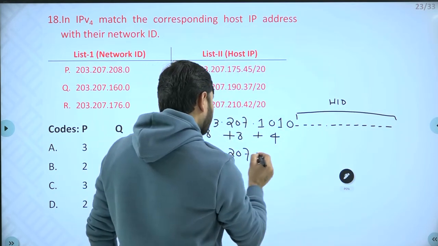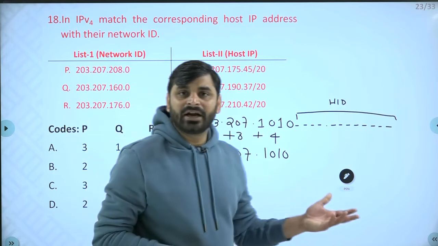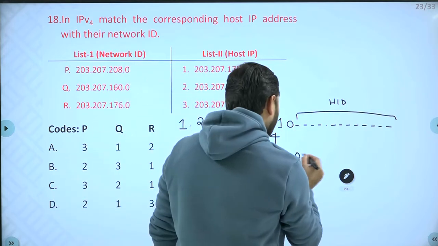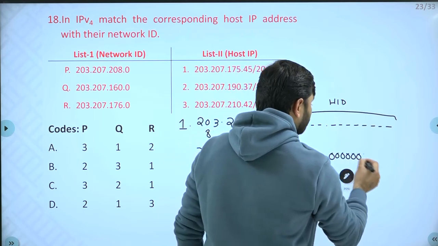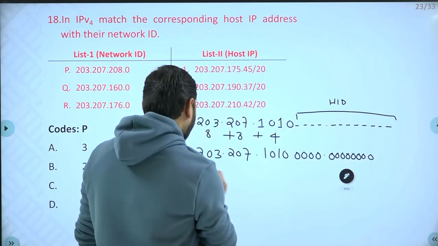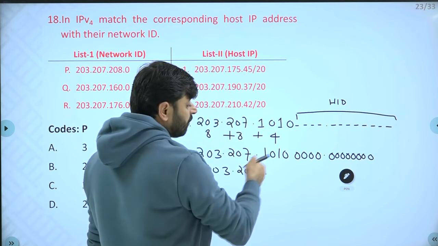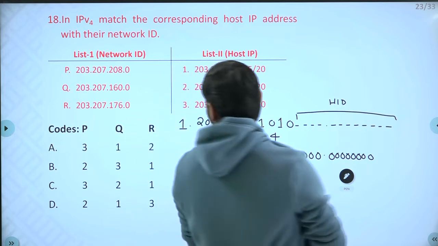203.207 dot 10.10. What is the network ID or subnet ID? If we put all zeros in the host ID part, 1, 2, 3, 4, again 1, 2, 3, 4, 5, 6, 7, 8, what will it be? It will be 203.207 dot, this is 128 plus 32, 160, dot 0. So this first IP address will be matched with 160.0